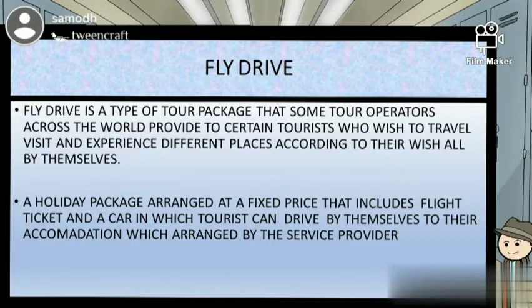Fly Drive is a type of tour package that most of the tour operators around the world provide to certain types of tourists who like to explore the world by themselves. Fly drive means a person will get a flight ticket, a car rental and a certain type of accommodation. While this person travels in a flight to an area that he has preferred, when he gets down to that place, he will be